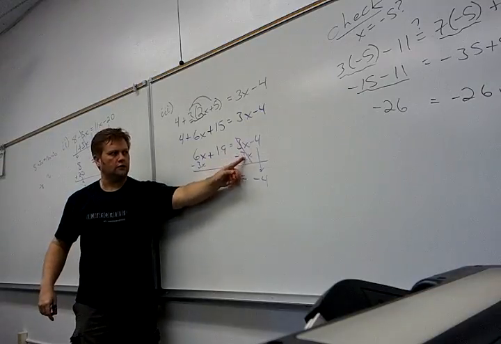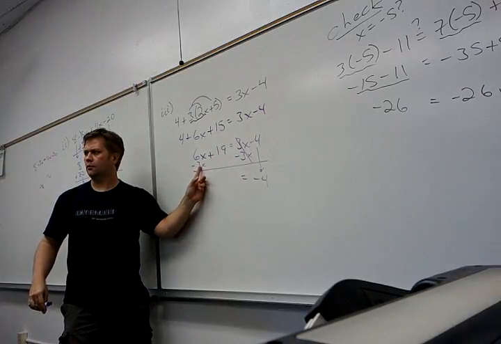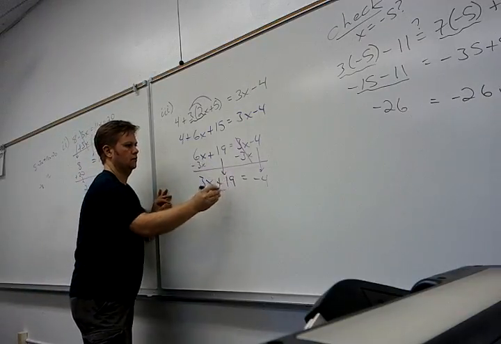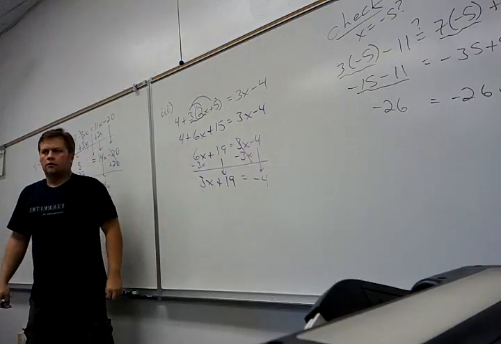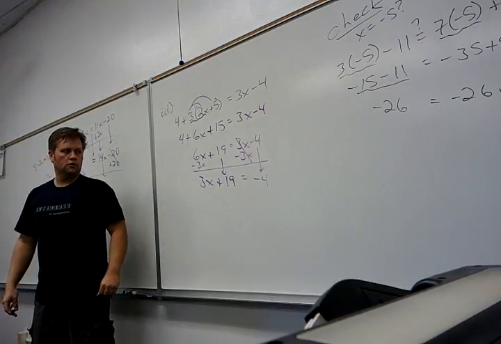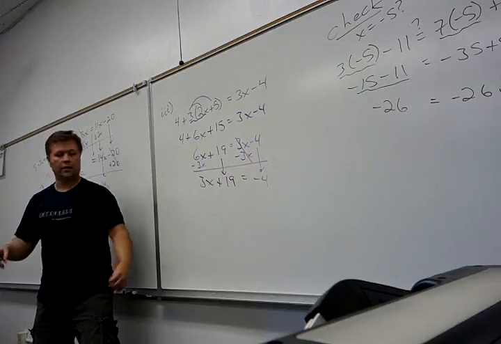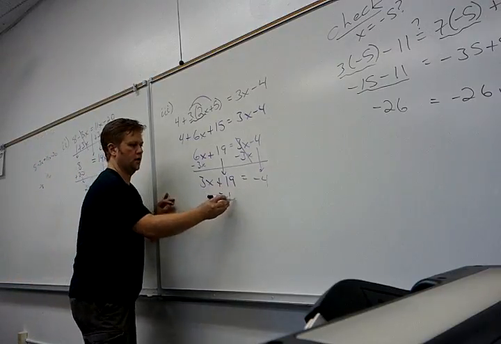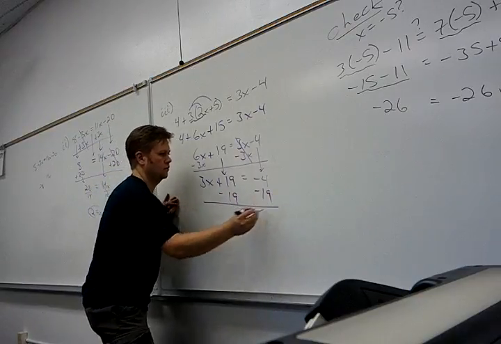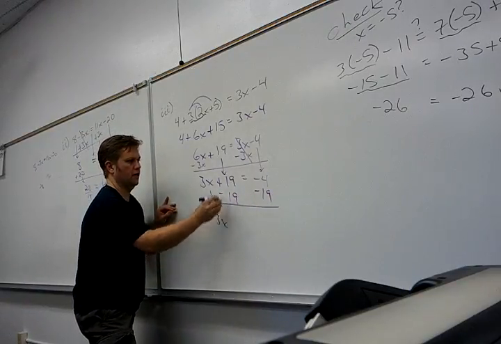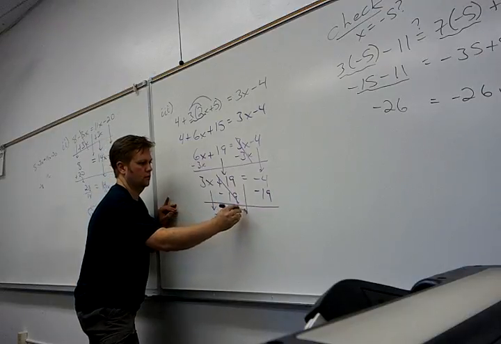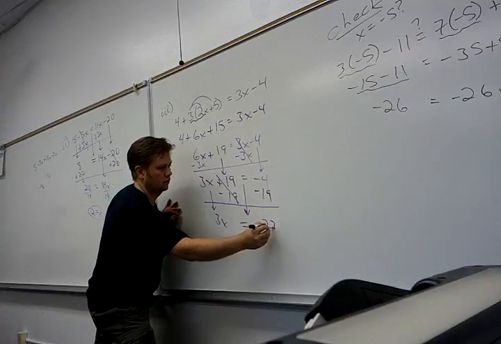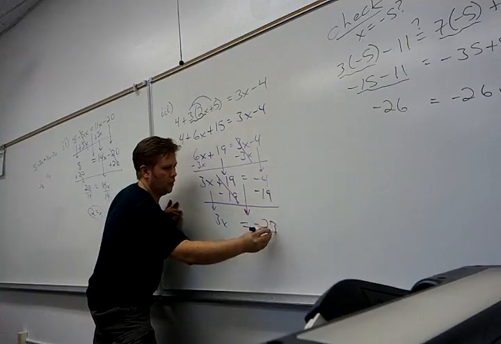So I subtracted 3x from both sides. Probably what most of you guys did. So I got my 3x plus 19. Good? Right? Now my numbers are in the wrong place. Those need to be over there. Minus 19. So I still have 3x equals negative 23. And this is where people freak out, but